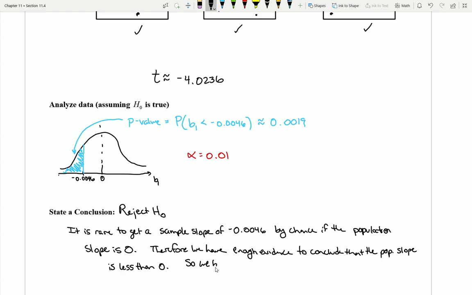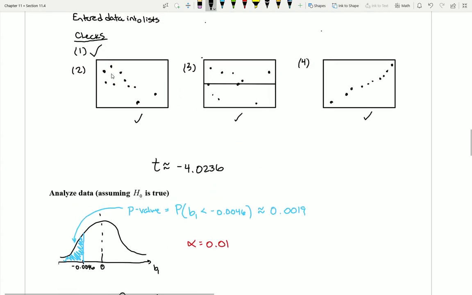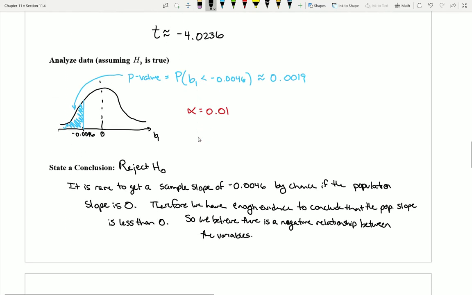So of course that means that we believe there is a negative relationship between the variables. That is, specifically the variables of highway miles per gallon and the weight of a car. What we've said here is that based on the evidence, while I can see that the sample data goes down, I also believe based on the evidence that all of the population data values will also tend downward. So this is how I would conduct a test, the final test that we'll talk about this